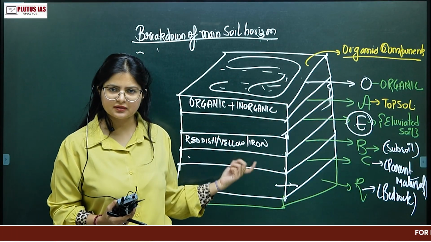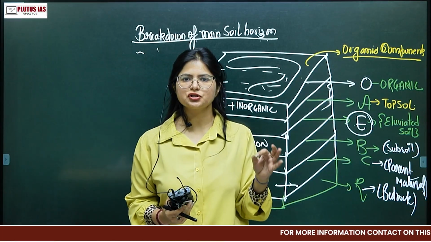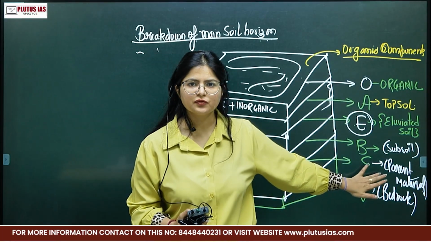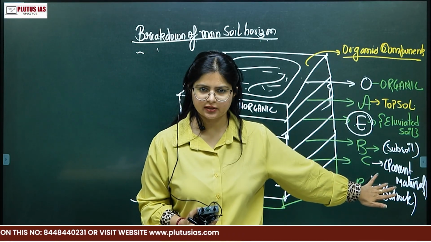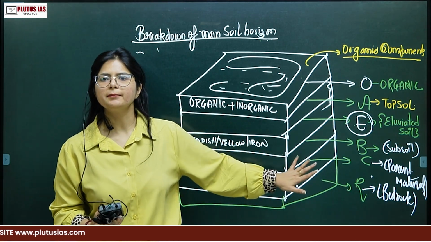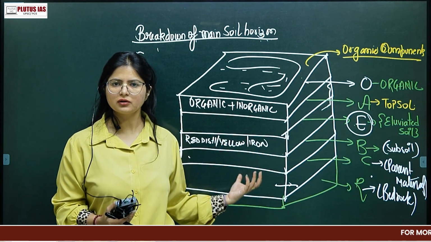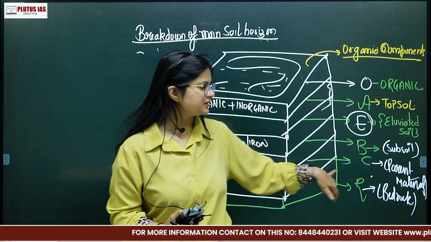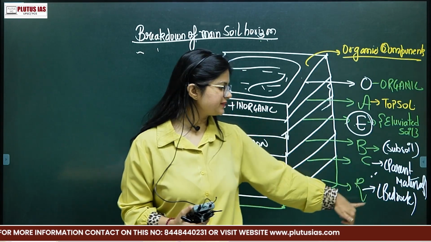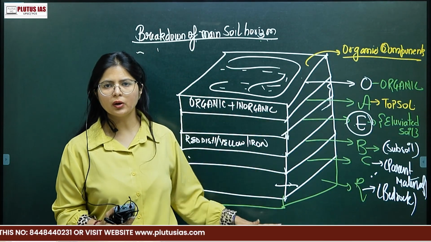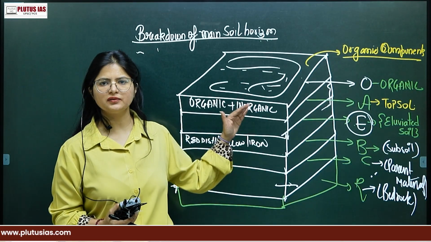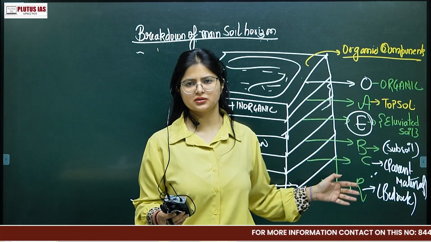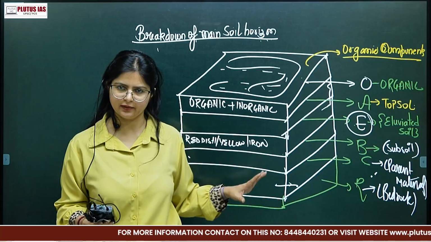We'll also find minerals here. The color of the soil is reddish yellowish because of the presence of iron oxide. The next soil that we have is C, which we call the parent material. The parent material is the weathered bedrock, basically the lowermost rock in a weathered condition. Now next we have R. R is the lowermost layer of the whole soil layering, and you will be finding big blocks of rock in this layer.